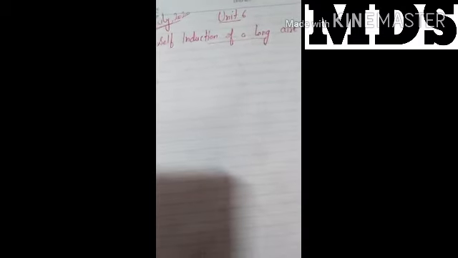Today we will do the self-induction of a long air core solenoid. When we take a solenoid, what will be the self-induction induced on it, that we will read. In yesterday's class we did their relation: phi is directly proportional to the current, and for self-induction phi equals Li. Then the L relation, L equals E divided by di by dt. Clear? And the SI unit of self-inductance is Henry.